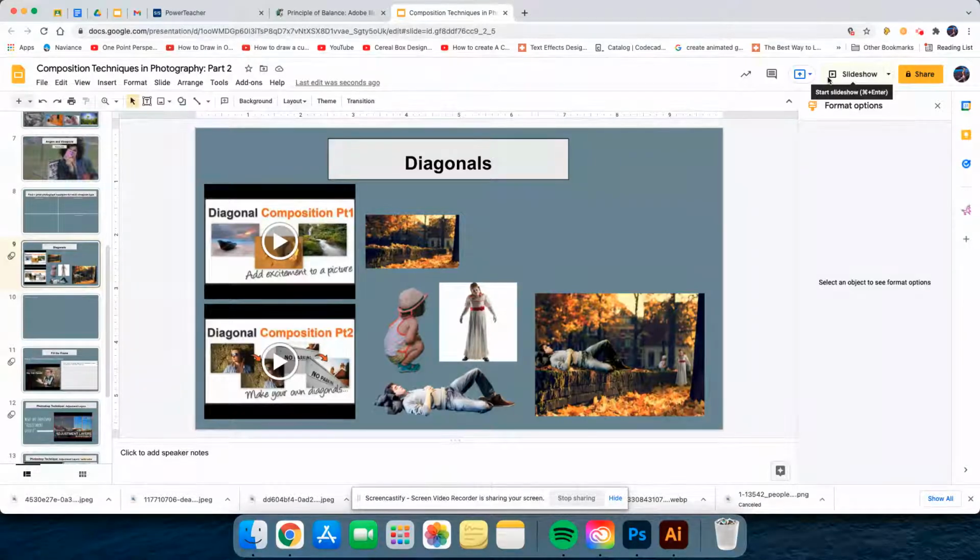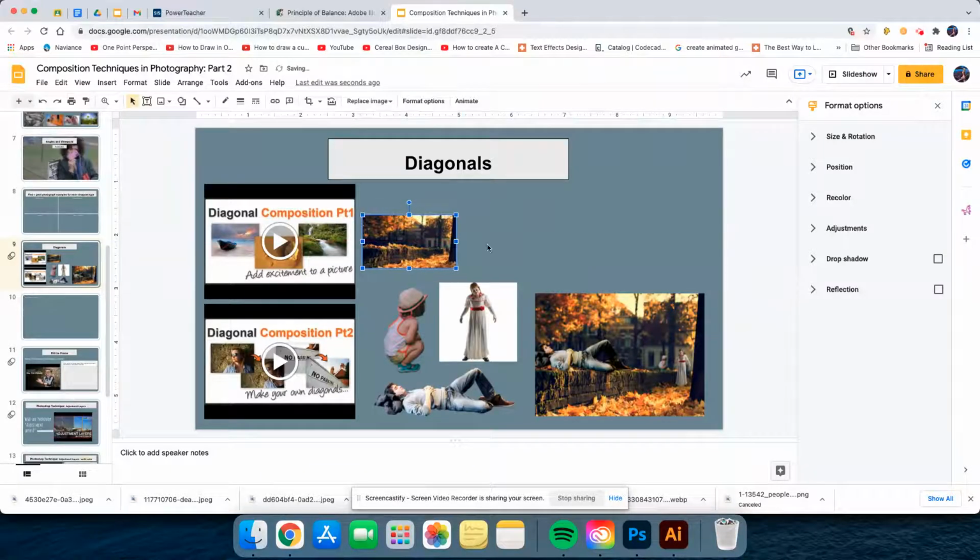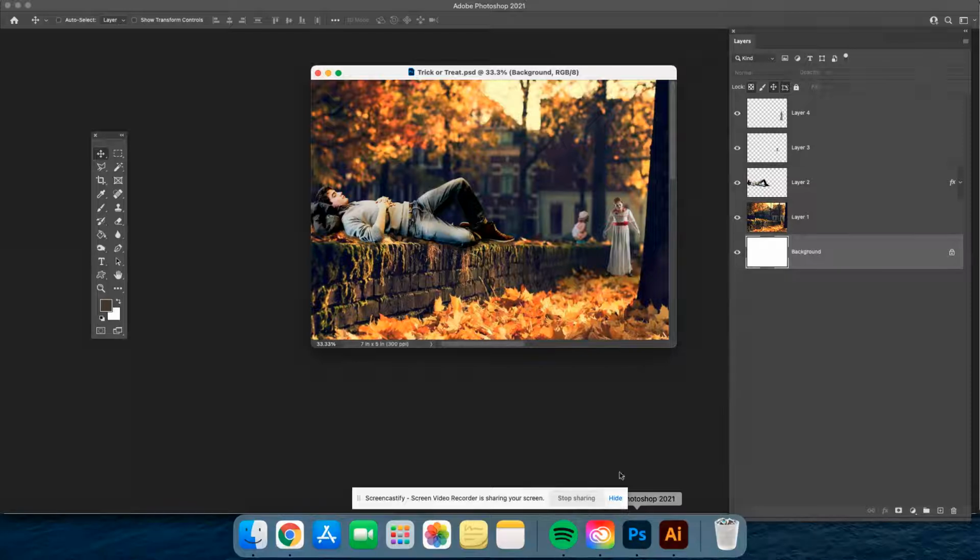All right, so this is what I want you to do for diagonals. It's just a short little activity that you're going to complete in Photoshop and look up some images from Google to show and demonstrate that you understand diagonals. Specifically, you're going to find a background picture. Now, the background picture does not have to look anything like mine. It just needs to be a large resolution, good file background picture. It can be anything, okay? And 3 other images. So a background plus 3 other images, and you're going to piece them together on a